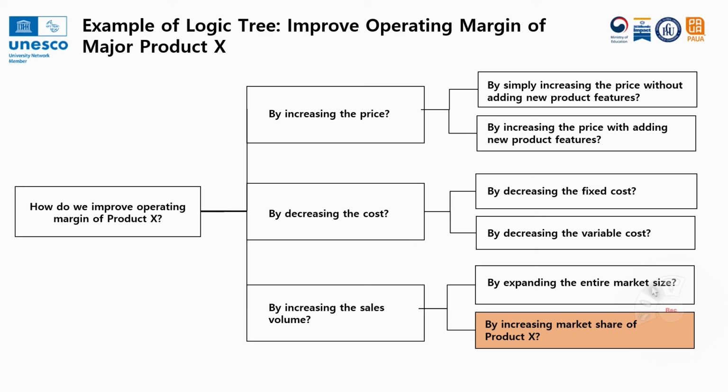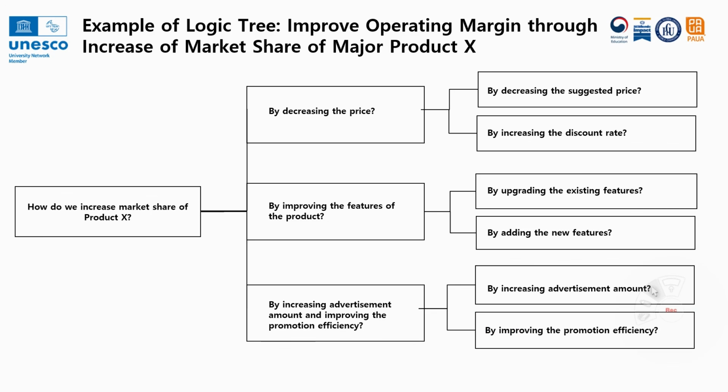So after drawing this issue tree, we may temporarily determine that increasing market share of the product X is quite an ideal option. We have to explore it, and then we may draw another version of issue tree. And at this stage,